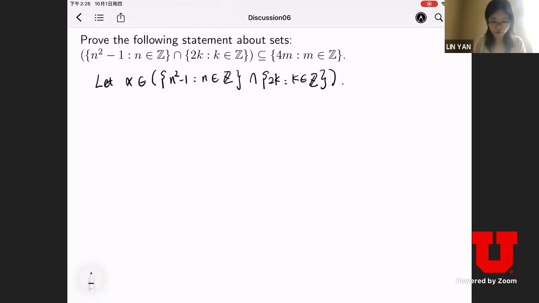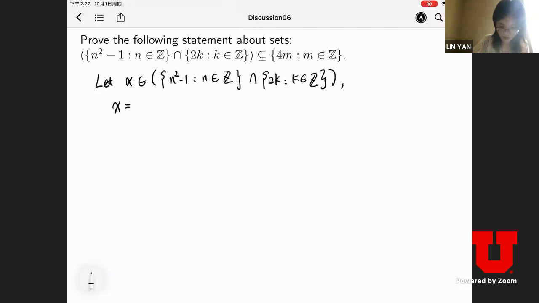This is different from the previous problem because it is the intersection of two sets, not the union of two sets. If it is a union of the two sets, we can prove it by case. But if it is an intersection, it requires the element to satisfy the requirements of both sets. So we cannot prove it by case,